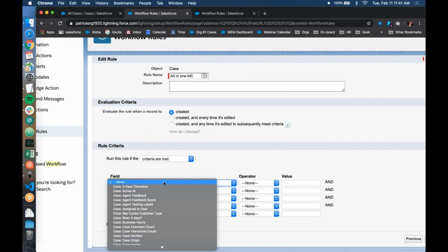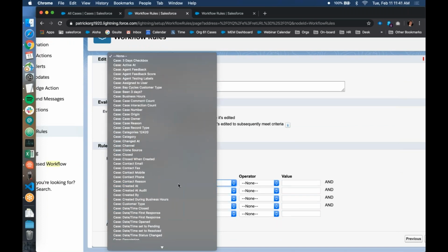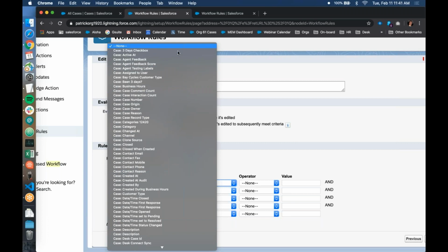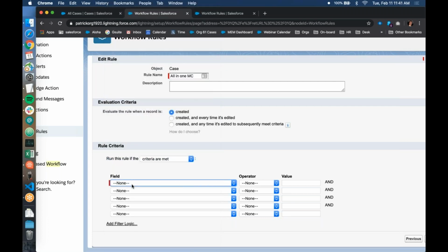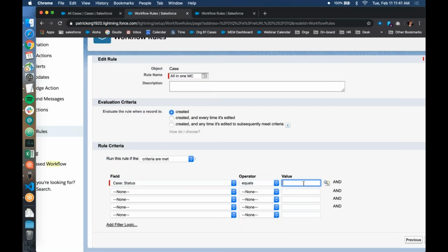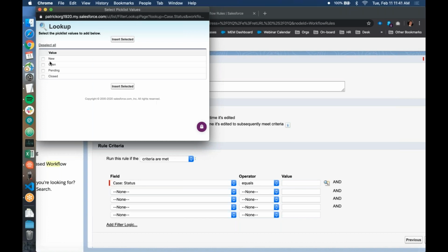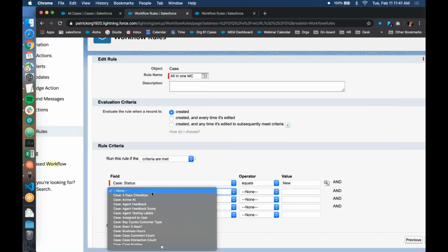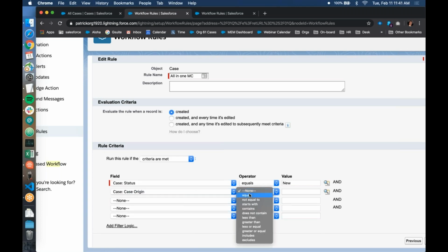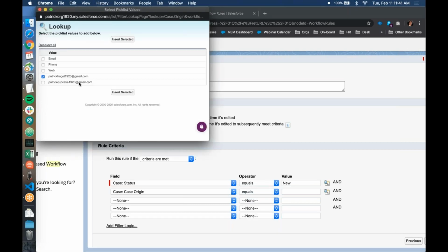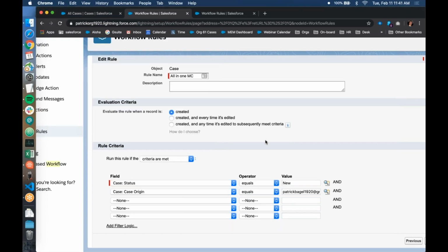And let's first say, and I wish I could make this drop-down menu a little bit bigger, but I can't. What I'm going to do is grab the case status field. So we'll say if the case's status, and the operator equals, and since this is a picklist field, we'll click on the little magnifying glass right there and we'll say new. And the case origin, which is set up where whenever a case is created, I have the following email set up. If the case's origin is one of my two email addresses, which is Patrick Bagel and Patrick Cupcake,